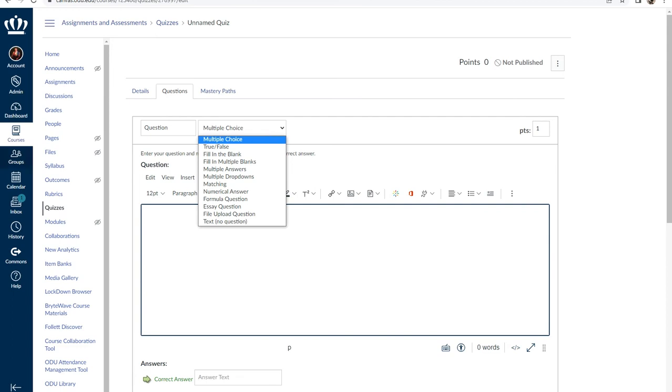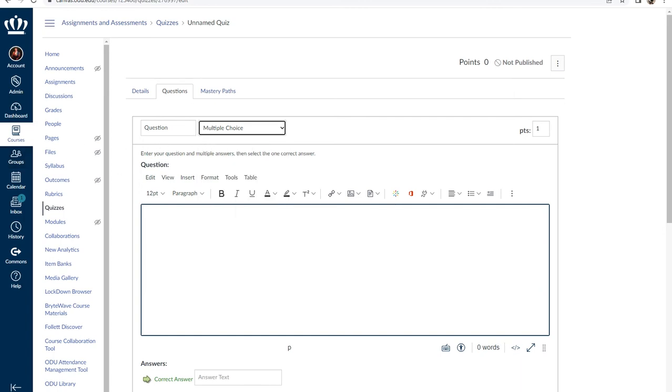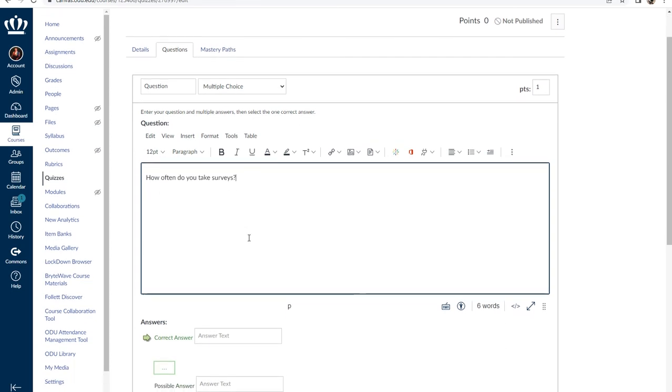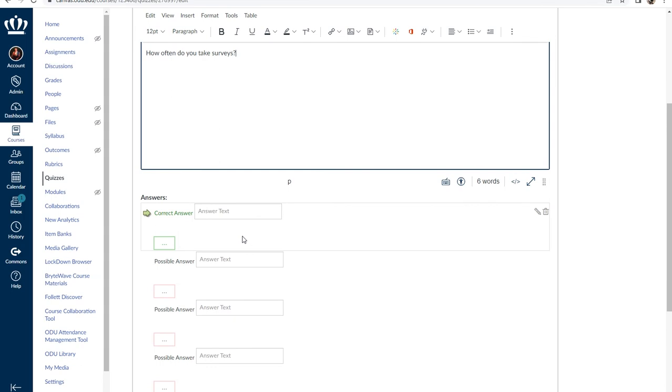For the sake of example, I'm going to go ahead and create a multiple choice question from the drop-down menu. This first field allows for you to title the question, but it is not the question itself. You must enter the question in the text box below. How often do you take surveys? Below that text box, you can designate your answer options: weekly,